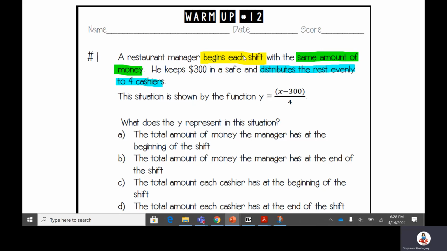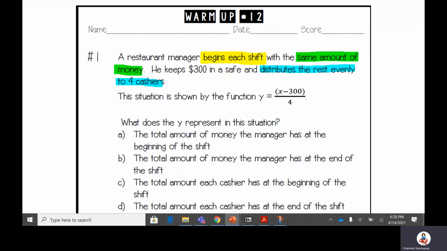So the reason why I highlighted begins each shift, the same amount of money, and distributes the rest evenly is because those are some key features of this function that we're talking about. And it's asking, what does the y represent in this situation? And remember, the y is our dependent variable. So it's dependent on whatever this x value is. And this x value stands for the same amount of money that he begins with at the beginning of each